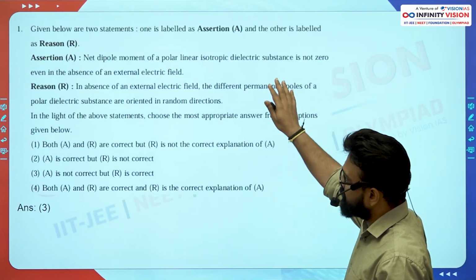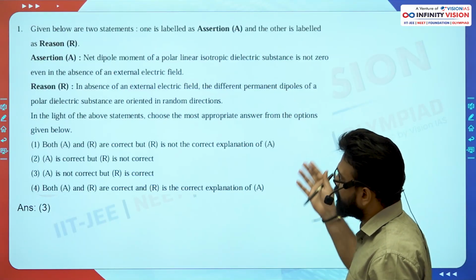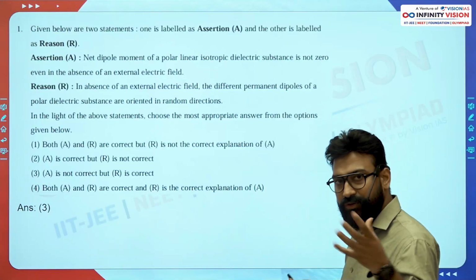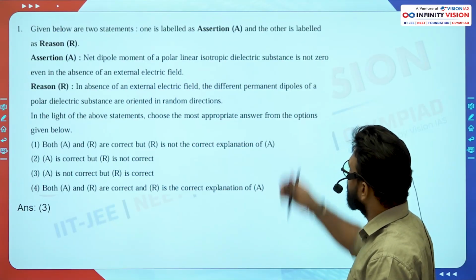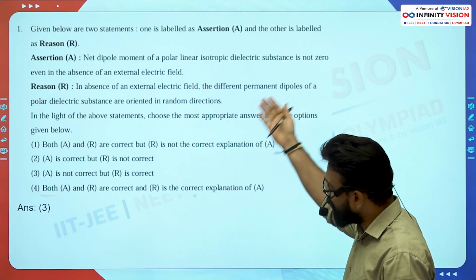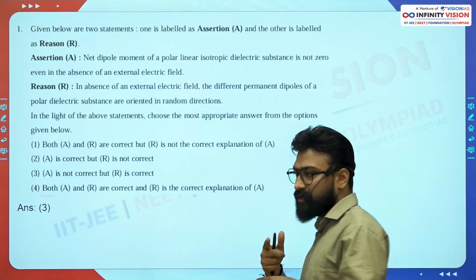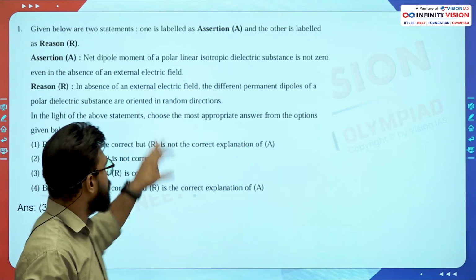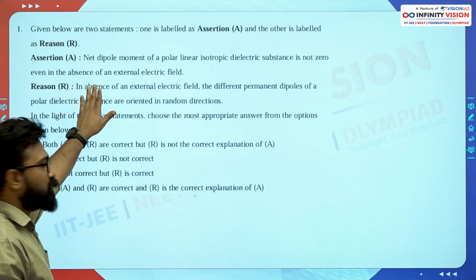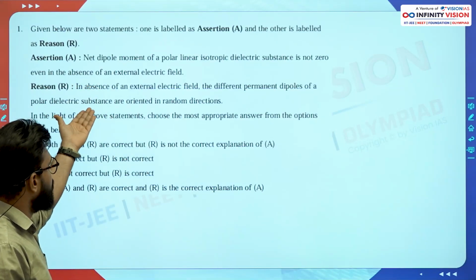So as you can see, the assertion says the net dipole moment of a polar isotropic molecule without external electric field is not zero, although it is always zero because the net dipole moment because of all the atoms is zero. So that means the assertion is not true, and the reason is quite true because it says